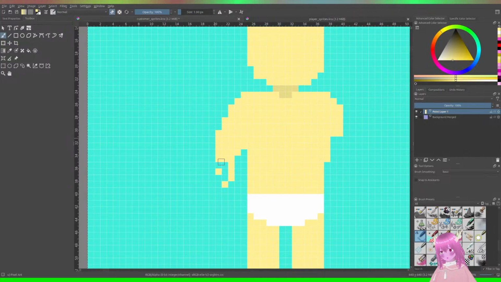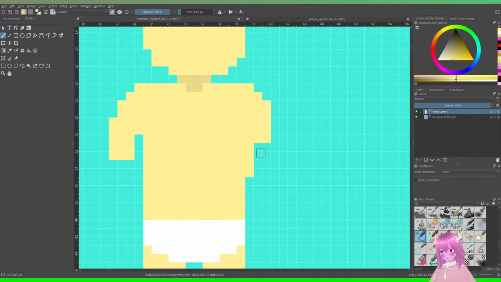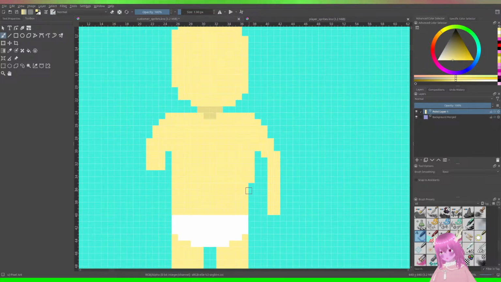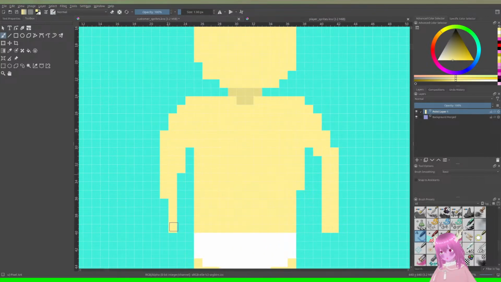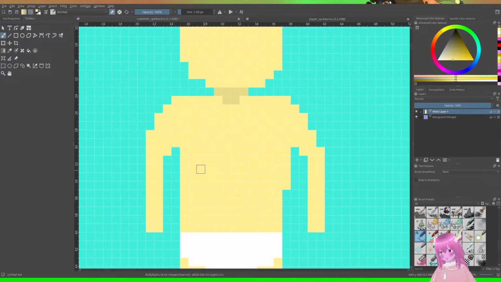Okay. How am I doing these arms? Arms are so hard to do. They're just so long. They're too long. They made arms on the humans too long.